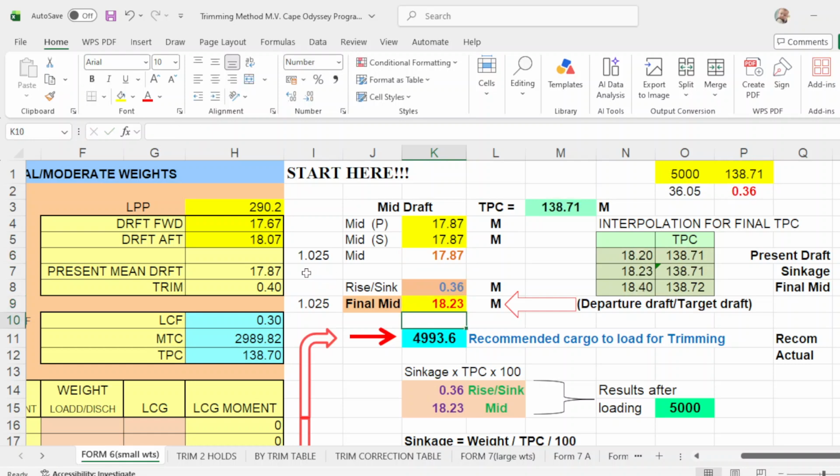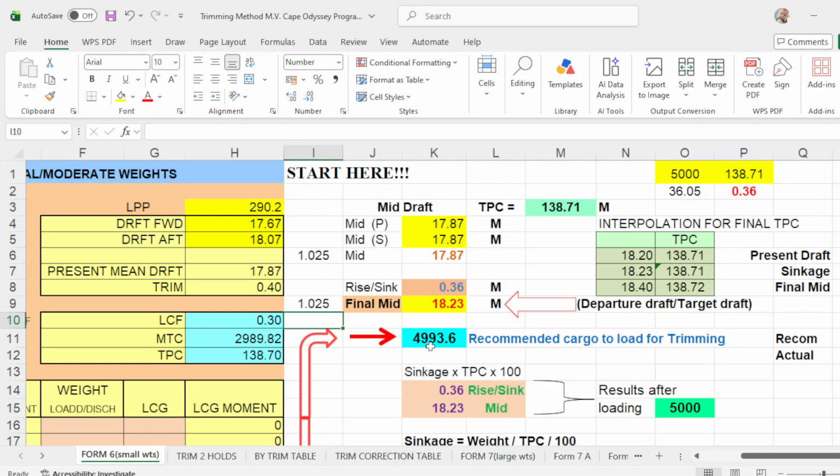At the start of loading, the local density was 1.025, and at completion the density will also be 1.025. Okay. Now after you put the departure draft of 18.23, you will automatically get the value of 4993.6, which is the recommended cargo to load for trimming.